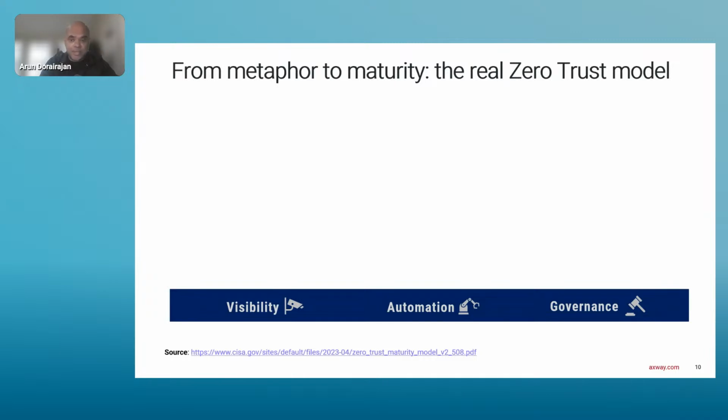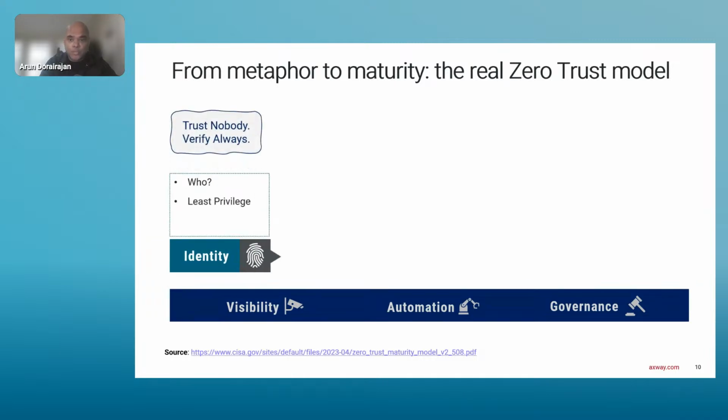So, as anything, it starts with the who. Identity and least privilege access is foundational. So, you need to know who and provide the least privilege. And that's how you start off with. You trust nobody, verify always.